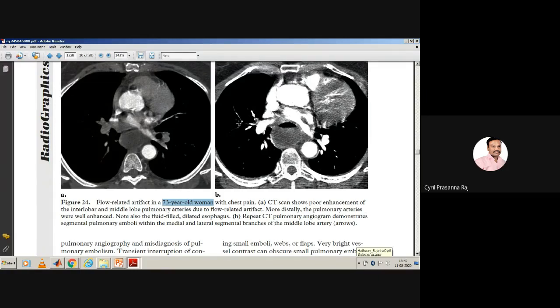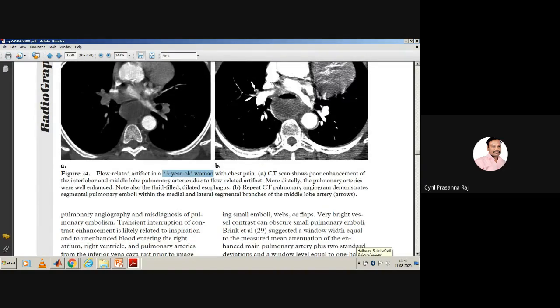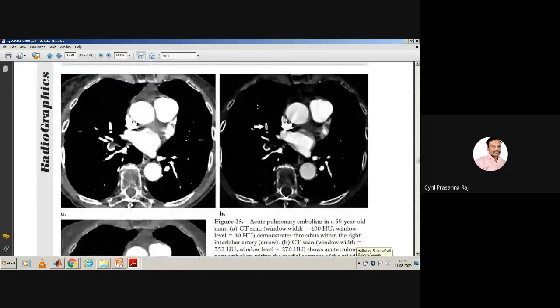So this may tell you that, yes, this is not actually pulmonary embolism, but because of the faulty images acquired, you may tell a patient that they have pulmonary embolism. So they have even told you what misdiagnosis methods could be taken into consideration. Another thing has been told here.